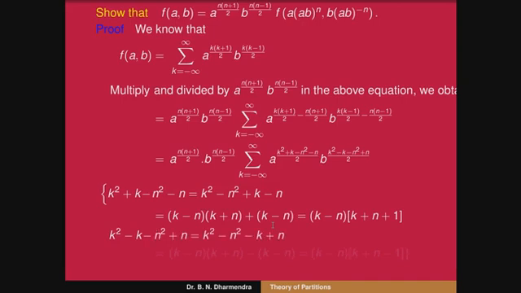And similarly, the terms of the power of b, that is k square minus k minus n square plus n, here also we can club the terms of k square minus n square, in a square minus b square form, that is k minus n into k plus n. Here we have to take minus as a common factor, that is k minus n. So therefore k minus n into k plus n minus 1. So this power can be written as k minus n into k plus n plus 1, and on this one we replace the terms as k minus n into k plus n minus 1.